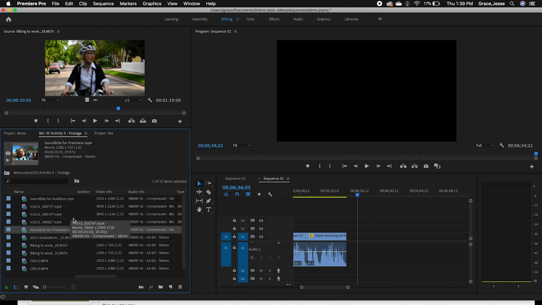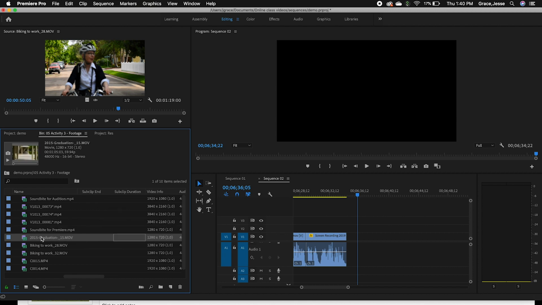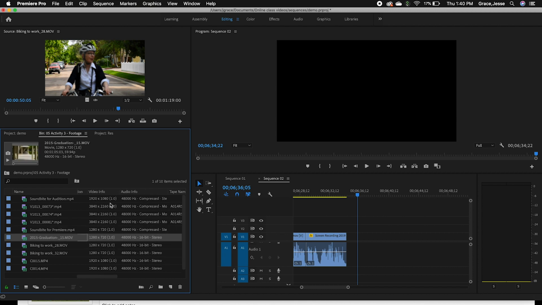So now that you've noticed what you have, I typically recommend setting up your timeline in accordance with your lower resolution footage. You can push this up to 1080. It is going to be a little less clear than the shots next to it. It's arguable whether it's noticeable or not, and you can kind of decide. That's typically what I recommend. But for this project in particular, I want you to set up a 720